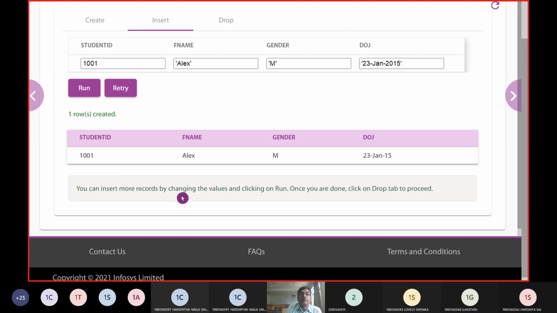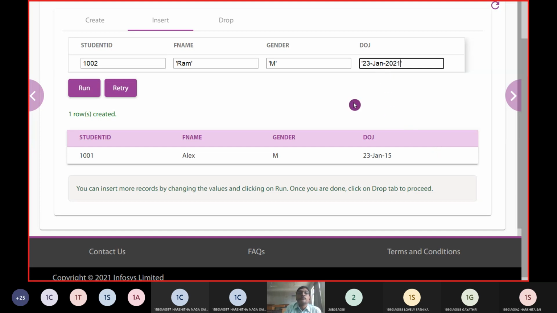You can insert more rows by changing the values and clicking run. Once you are done, you can drop the table to proceed. Let me change the values to 1002, and Alex I'm changing to Ram, and date of joining I'm going to call 2021.